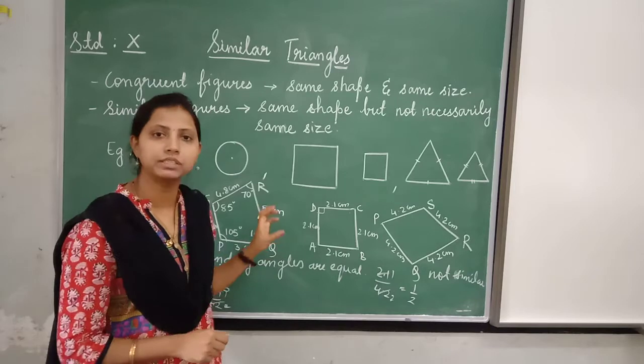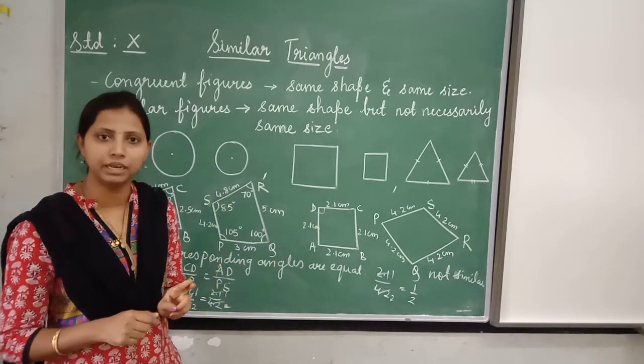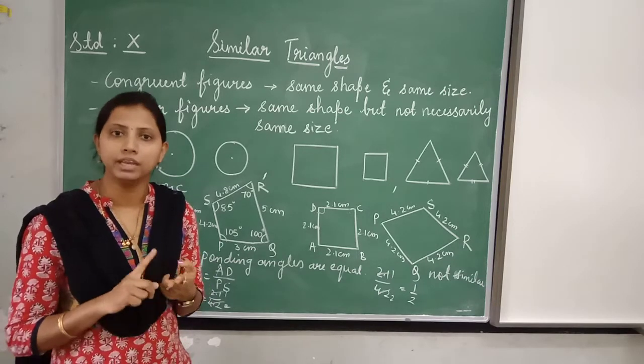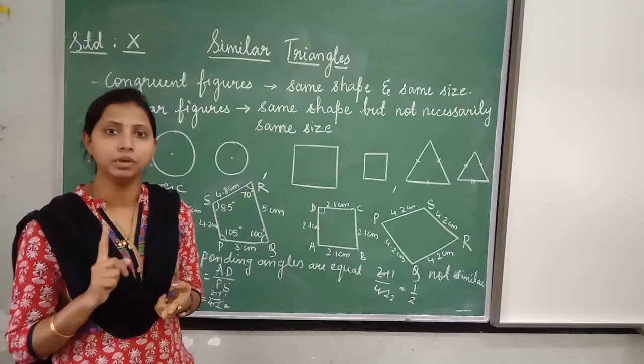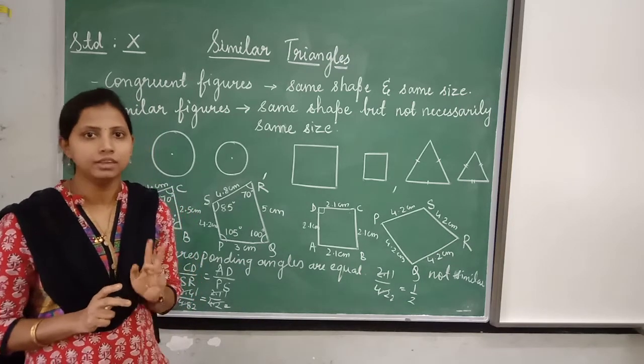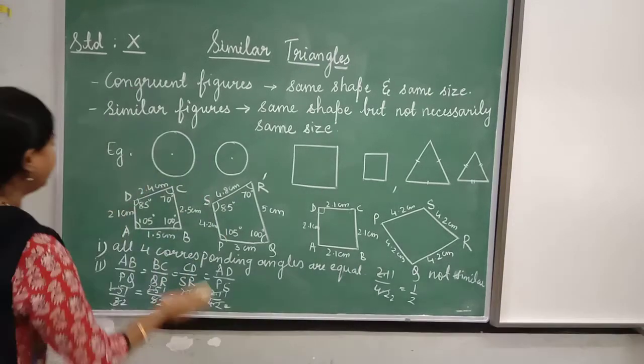Firstly, you must remember these two things. For any two triangles to be similar, their corresponding angles must be equal and their corresponding sides must be in the same ratio. Only then are the two triangles or two figures said to be similar to each other. Okay, children? Yes. Now next,